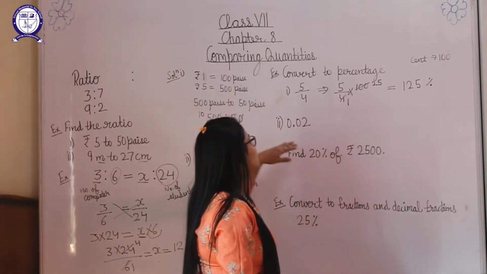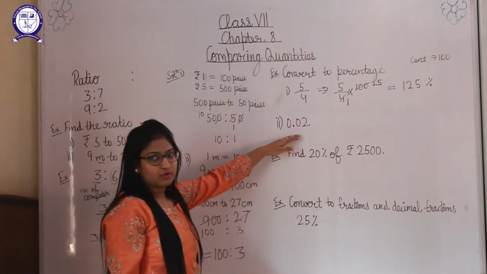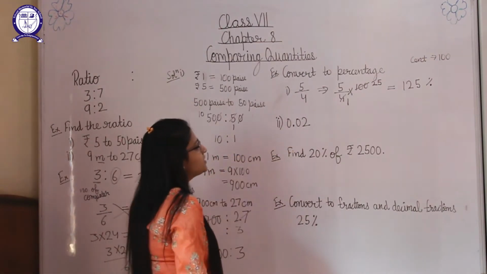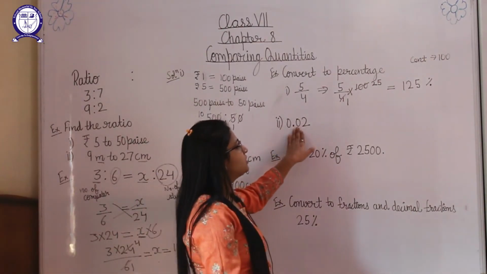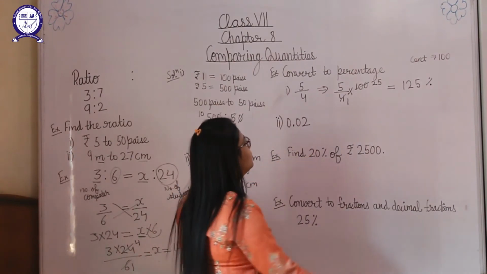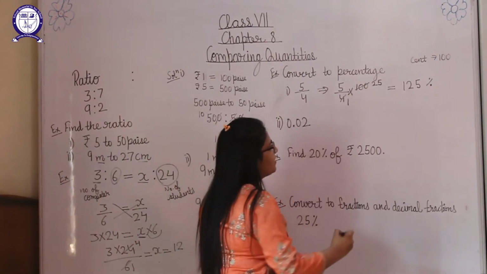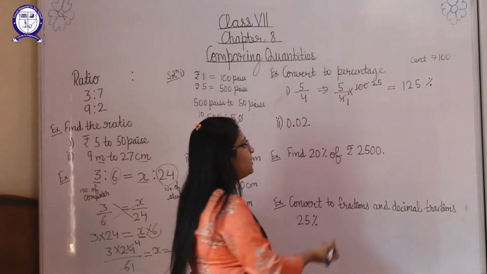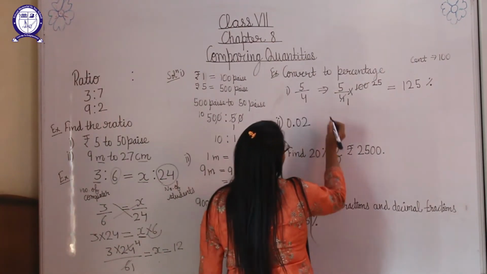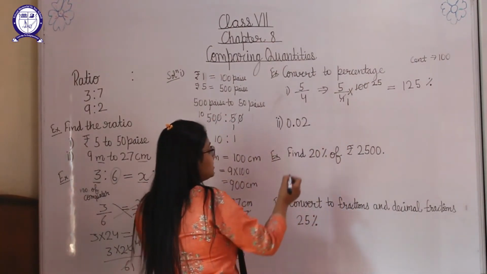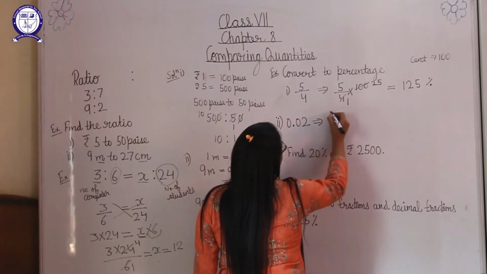Okay, similarly this is a decimal number given to us. We need to convert it to percentage. So first of all, for these kinds of questions, either you can change it into a fraction and then multiply it by 100. We will be getting the same answer. Students, this can be done by two methods, which I am showing you.